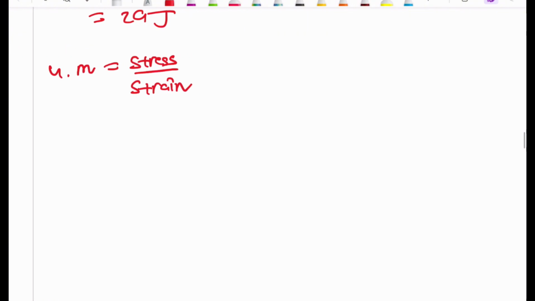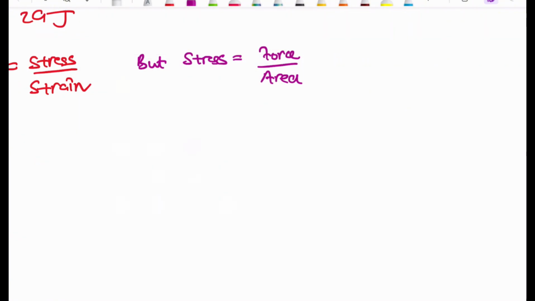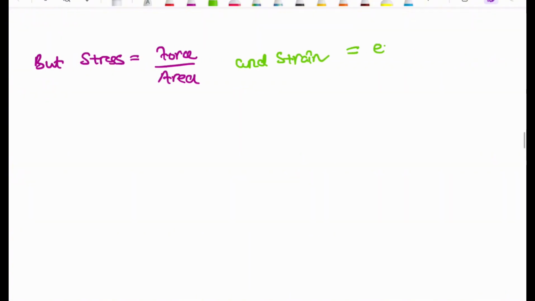That is basically what the Young modulus is, but stress is actually equivalent to the force divided by the area, okay, and strain is basically equivalent to the extension divided by the original length,